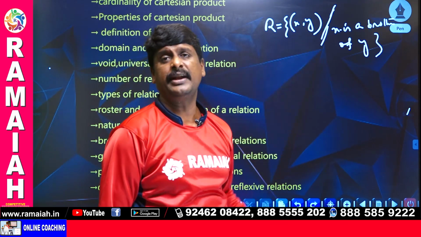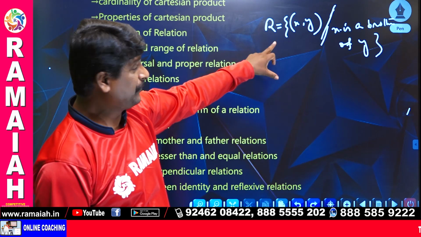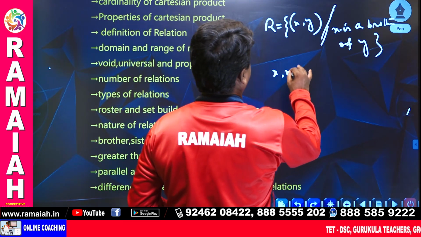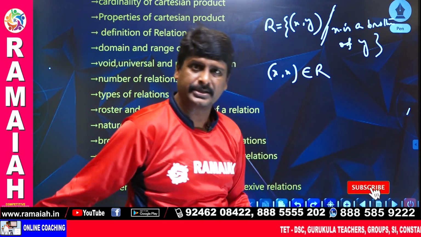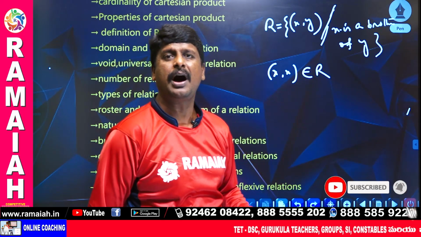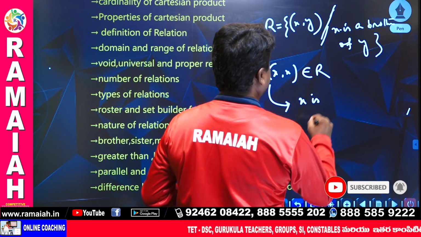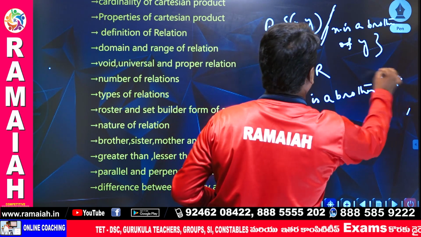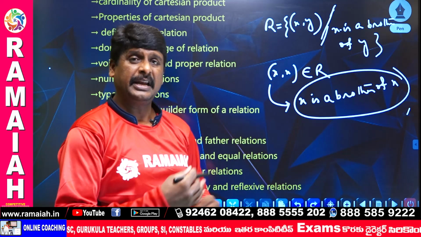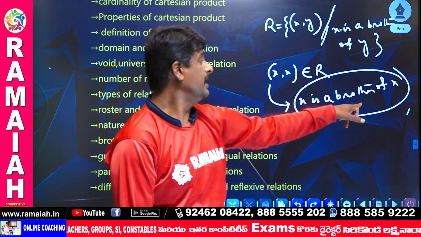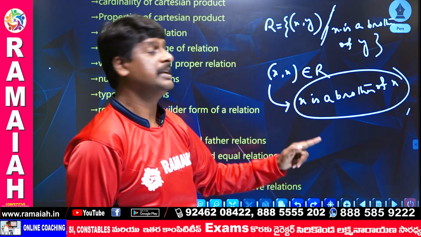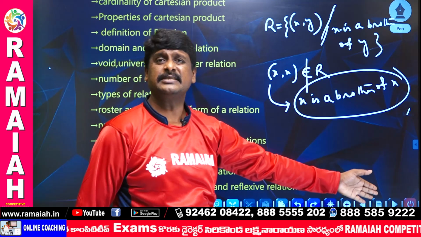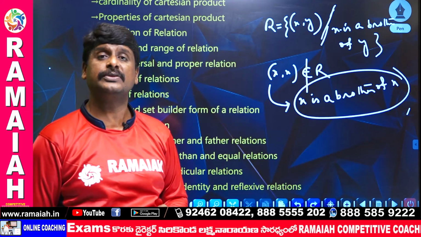Check whether it is reflexive or not. To check it is reflexive or not, we have to verify whether an element (x, x) belongs to R or not. To say that (x, x) belongs to R, the sentence x is a brother of x should be true. Is it true? Can x be a brother of himself? No. So that's why this statement is false. Whenever statement is false, (x, x) does not belong to R. If (x, x) does not belong to R, it is not a reflexive relation.